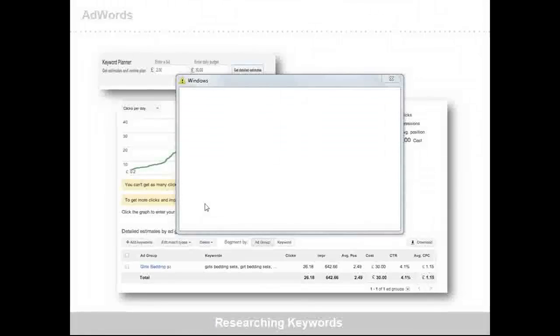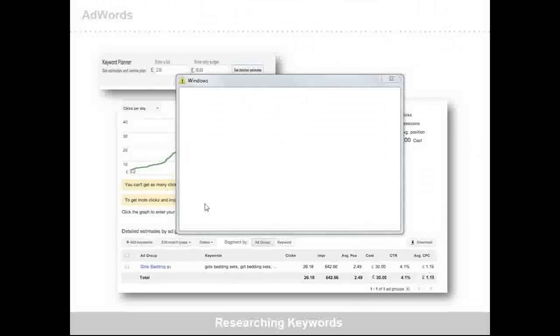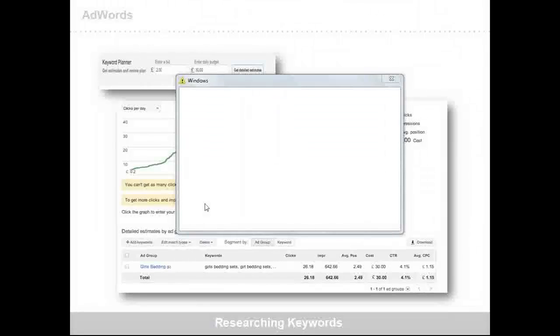So you can actually start talking about the number of clicks you can expect on the basis of a certain budget. You can talk about the impressions. You can also give them an idea of the average positions that they are looking at. And definitely there is a cost factor involved. So you can talk about the kind of daily budgets a particular campaign will be able to put up.